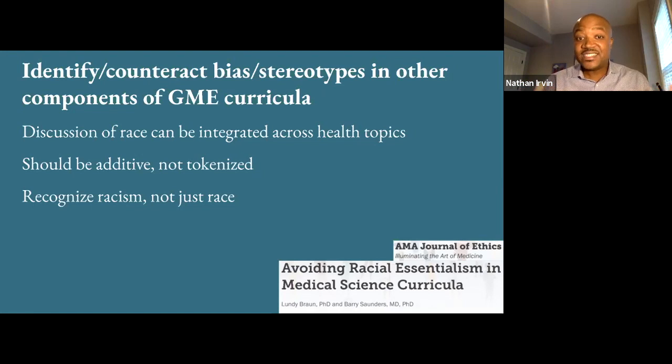And even if race is not the central subject matter, it can still be integrated into the discussion, as has been done in math and engineering, where they recognize that the way things are taught, or the different learning strategies, had racist roots, and they had to be open-minded to other ways of communicating and teaching these principles. Furthermore, it's important that discussions about race and disease presentation and management be contextualized with emphasis on racism and how the social context generates these inequities, as opposed to being the fault of a particular race or inferred genetics, based upon people thinking that race means biology.